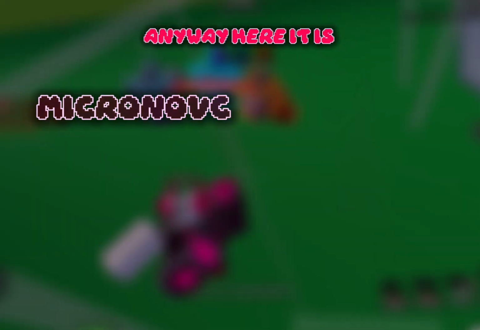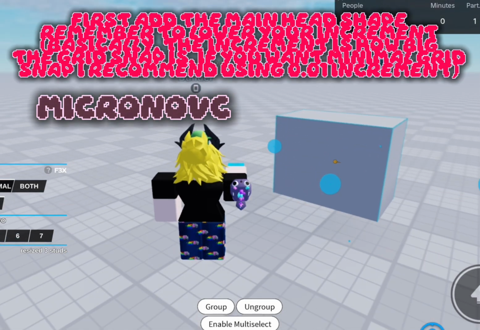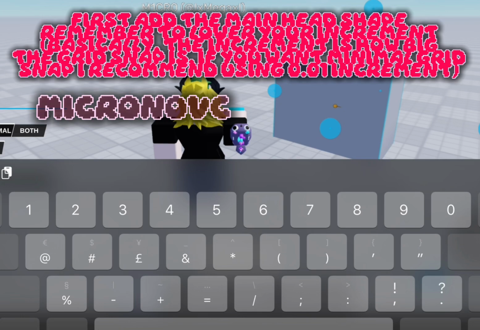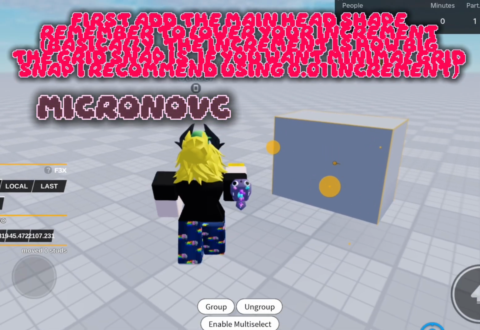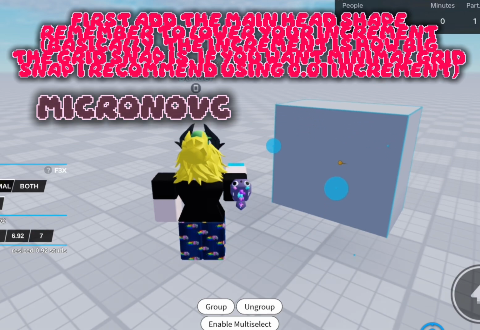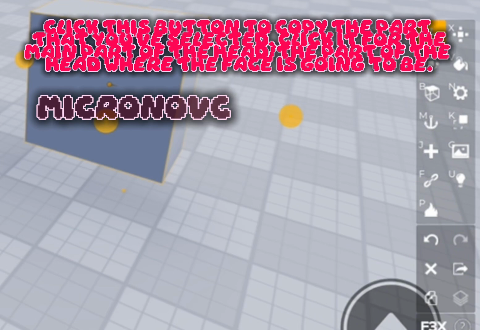Anyway, here it is. First, add the main head shape. Remember to lower your increment. Basically, the increment is how big the grid snap is. If you want minimal grid snap, I recommend using 0.01 increment. Click this button to copy the part that you've selected. Click it for the main part of the head, the part of the head where the face is going